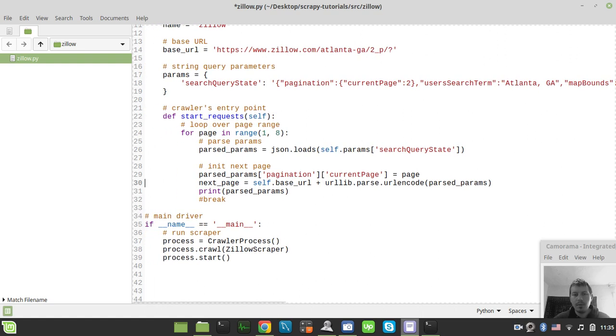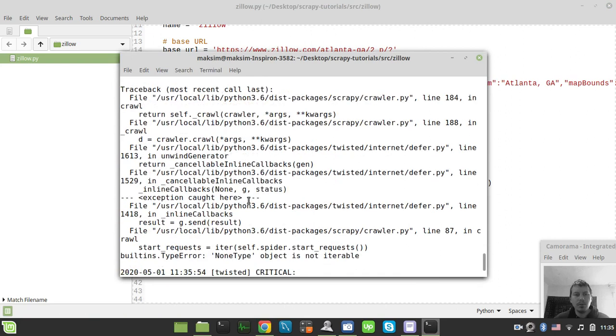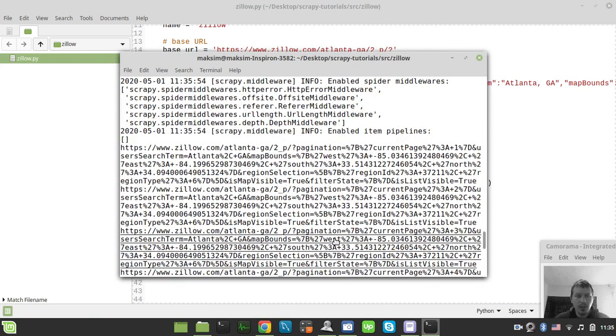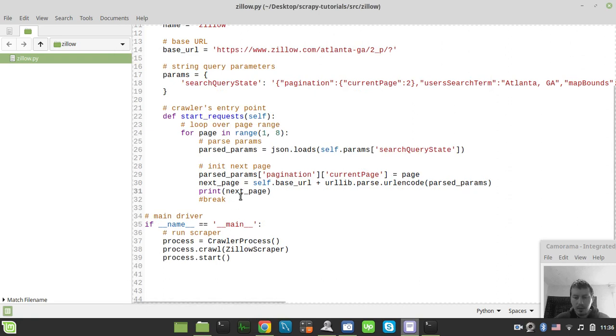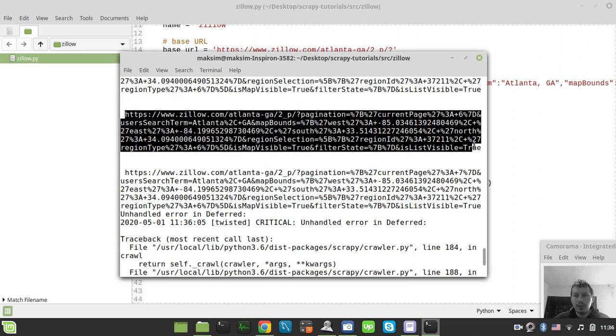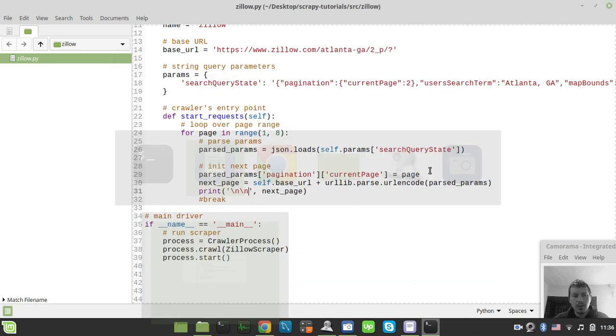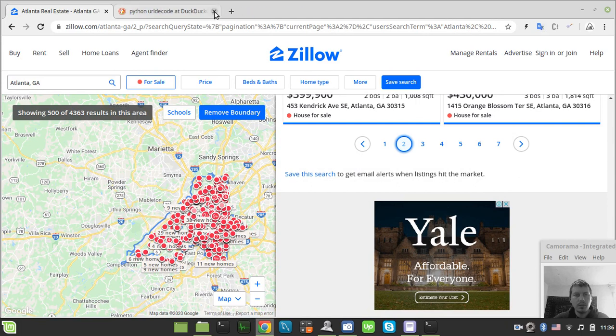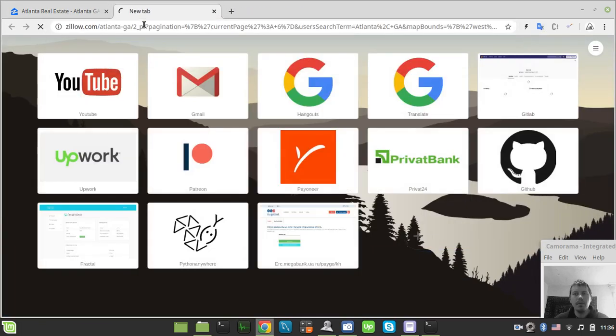I guess probably there wasn't really a reason to create this params over here. I'm just wondering, but nevertheless, I think this is just fine. So let's have a look at the next page URL and check if it actually generates valid URLs to crawl. Let's also print a couple of new lines, so we can distinguish between different URLs. I just copy this, and let's use a new tab here. So if I paste,